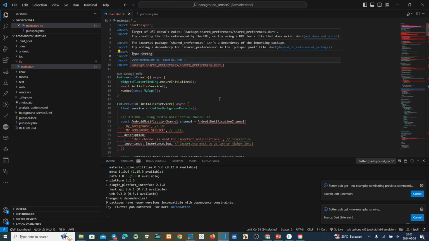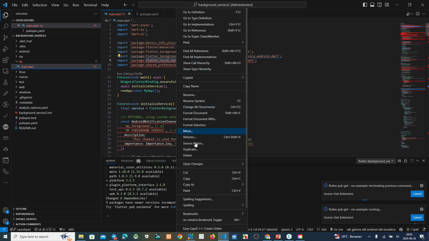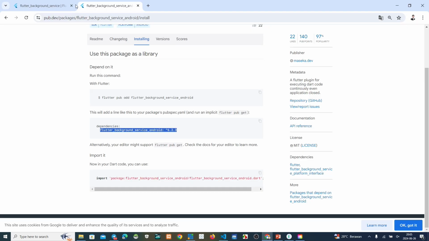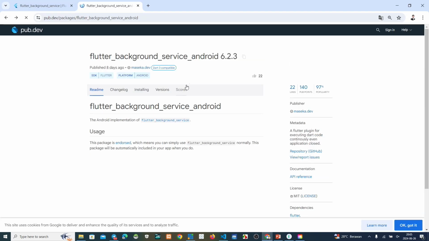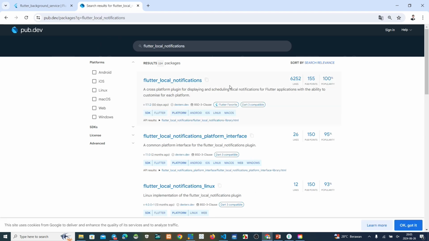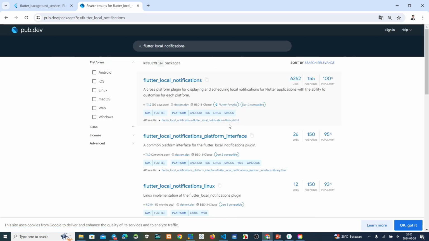Flutter notification, copy this. Oh, Flutter local notification, this one.